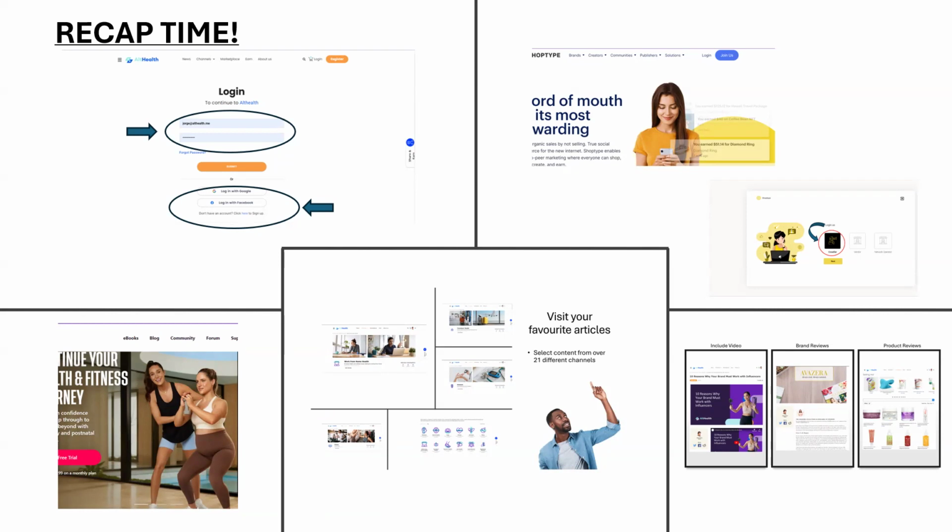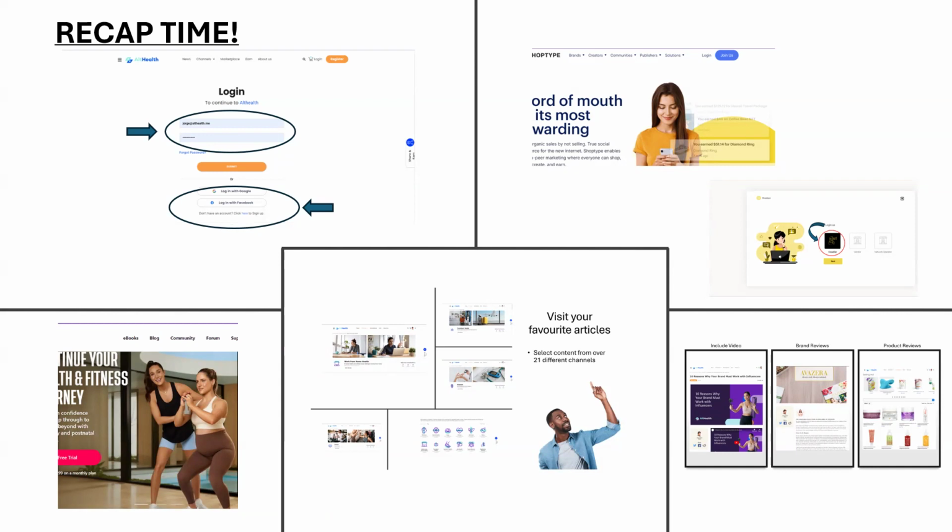2 weeks ago, we talked about what it is to be an Althealth user as a content consumer. We talked about the ways you're supposed to log in. If you registered for the first time using a username and password, that's the way you're supposed to log in from now on. If you decide to register using the Google shortcut, that is the way you need to log in from that moment. Remember that.